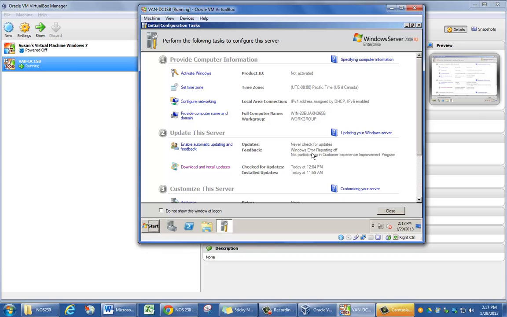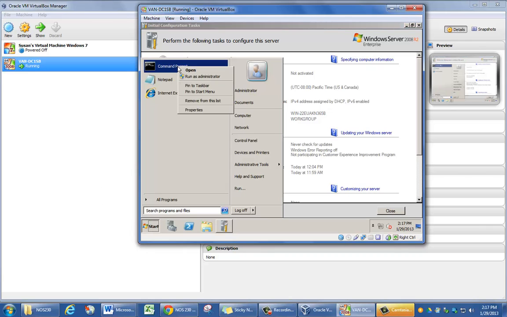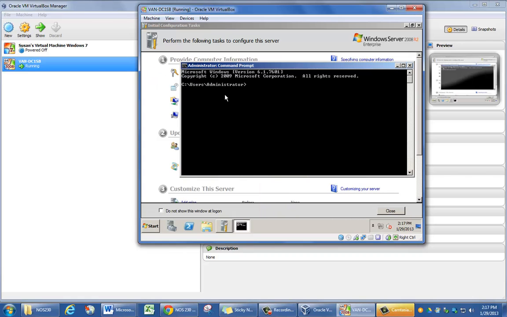So step 9 asks us to open an elevated command prompt by right-clicking the command prompt icon and selecting Run as Administrator. Then enter both commands as indicated, then restart the computer. So on page 29, Run as Administrator. Then we are going to type netsh interface IPv4 set address